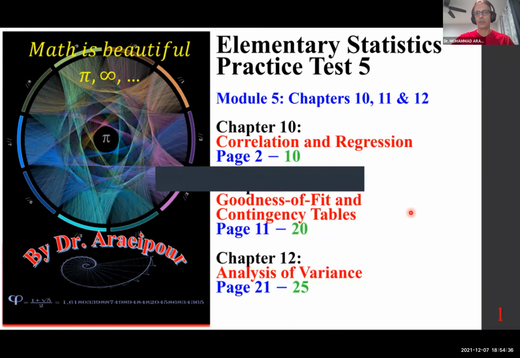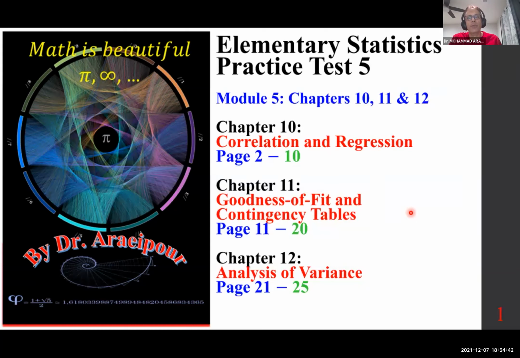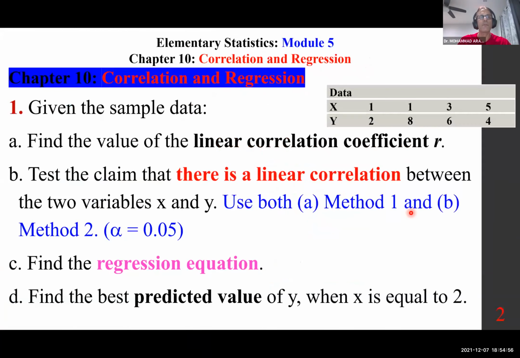Good evening, class. Elementary statistics, practice test number 5, module 5, covering chapters 10, 11, and 12. Here's chapter 10, correlation and regression. Chapter 11, goodness of fit and contingency tables. Chapter 12, analysis of variance. We are looking at chapter 10,